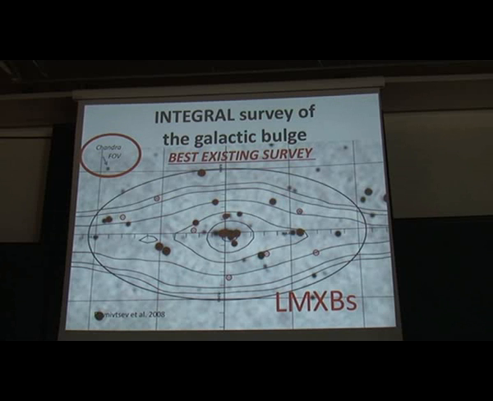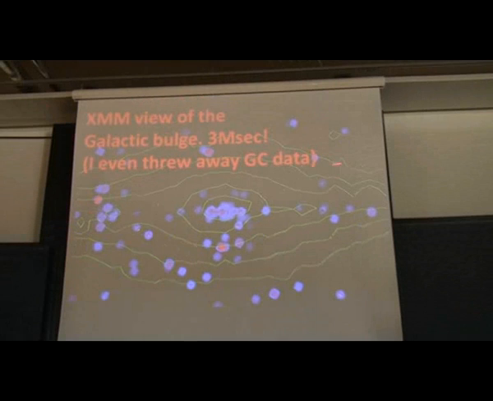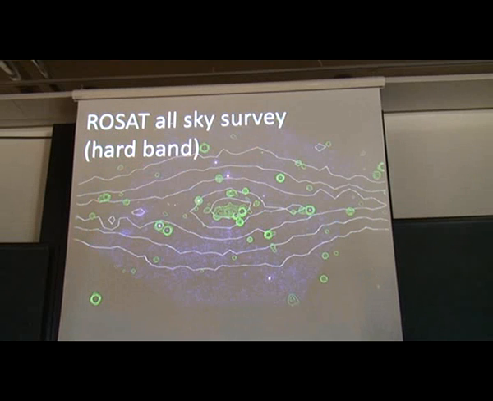For example, I can show you this image, and this is an image of 3 megaseconds of XMM. I completely threw out anything that is close to the galactic center, where they spend a lot of time. But this is 3 megaseconds. You can compare what you can see in INTEGRAL. Or this is ROSAT. Of course, it covers the whole sky, but the sensitivity of ROSAT is much worse in this area. It's even not remembering the fact that some sources can be absorbed, as I showed before. ROSAT in this area is maybe 10 times worse than INTEGRAL.